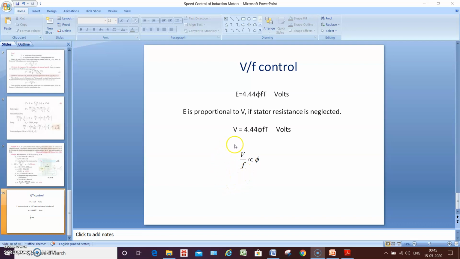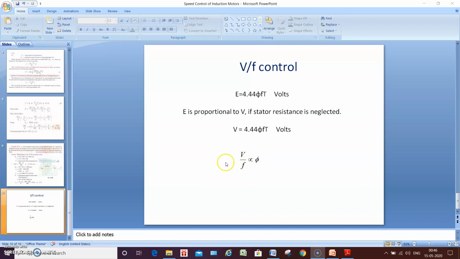So this method is the V by F ratio constant method. You are going to keep the V by F ratio at a constant value to keep the flux at a constant value, so that the operating condition of the magnetic circuit will not get disturbed. So this method is called the V by F ratio control method. At any ratio you can keep this value constant. A can be any ratio, 10%, 20% or 70%, whatever the value, but the V by F ratio is going to be constant.